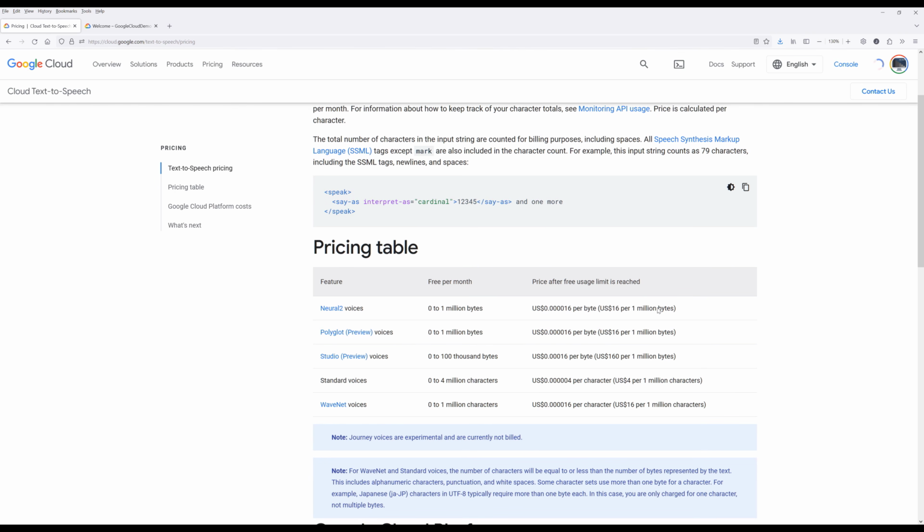Now, currently we have 5 different pricing tiers: Neural, Polyglot, Studio, Standard, and WaveNet voices. Now, these two are the standard features of the standard voices. And every month you get 4 million characters for using the standard voice and 1 million characters using the WaveNet voice. And for the premium voices that use machine learning to train the voice, those voices will be a little more expensive, especially the Studio voice, which costs